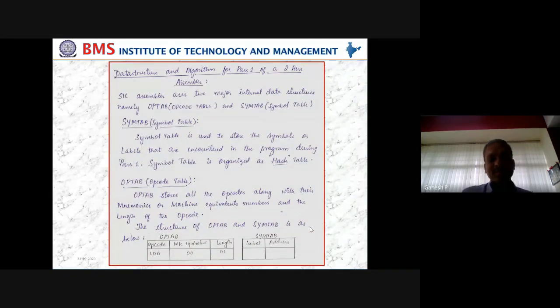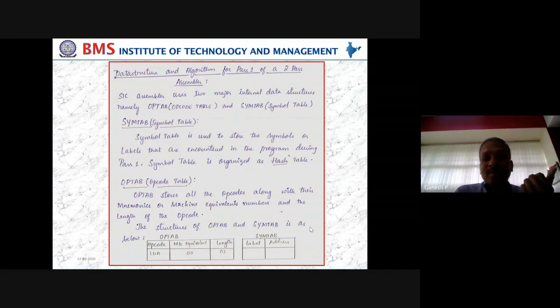If it has to be completed manually, what is required for us? You have a source program in hand. Then we have the sheet of SIC or SICXE, which says how many bytes are there for each instruction, say LDA 3 or 4, STA 3 or 4, ADDR 2. Next, the third column says LDA 00, ADDR 1C. So that information is required for us. When you do it manually, you can go through that manual or that particular list and start assembling.